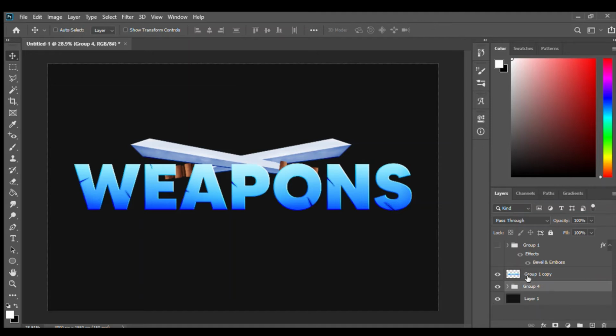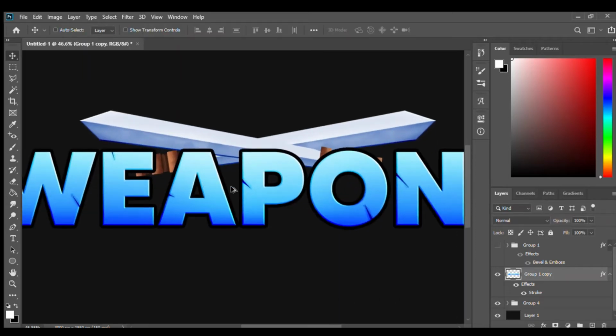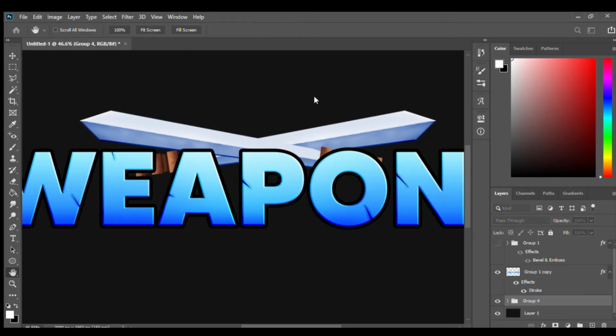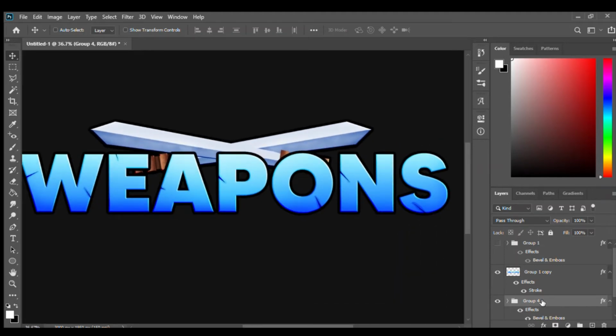And then Control G that, and then you choose the text, blending options and click stroke. Make the stroke like 24, and then change the color to black. Then click OK, and I'll make the stroke a bit less. Then you choose the thing, blending options, and stroke. It already looks pretty good, and then you just group this, and then you go under the brush layer,